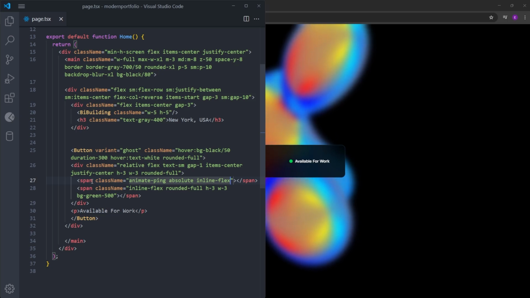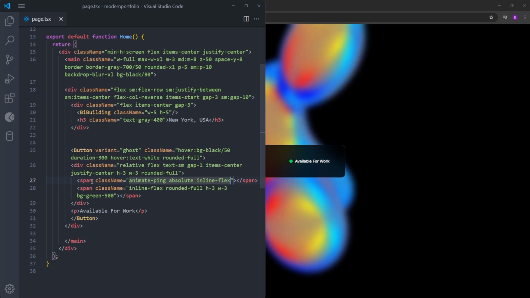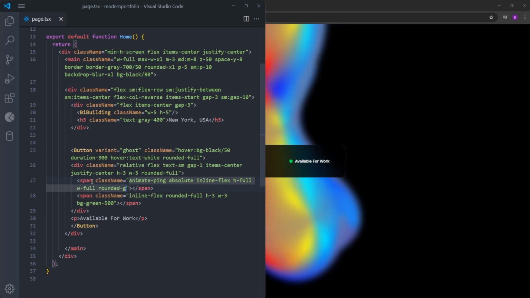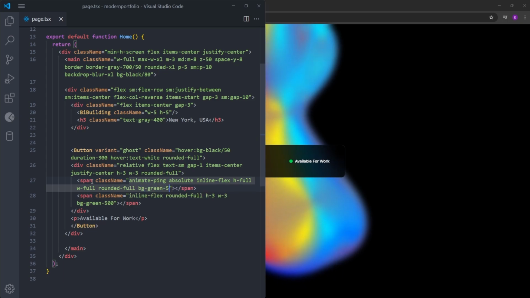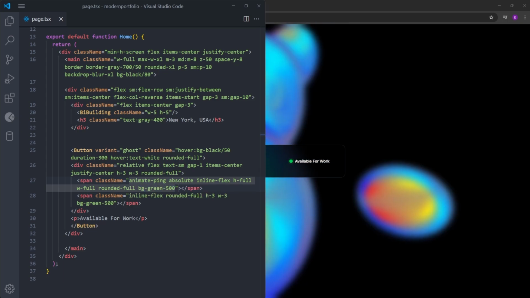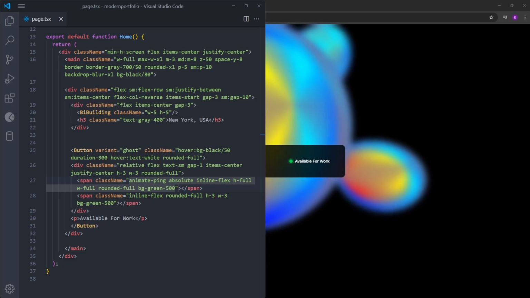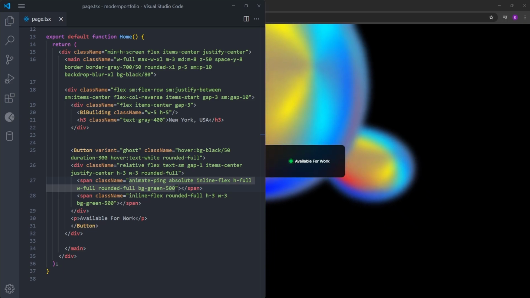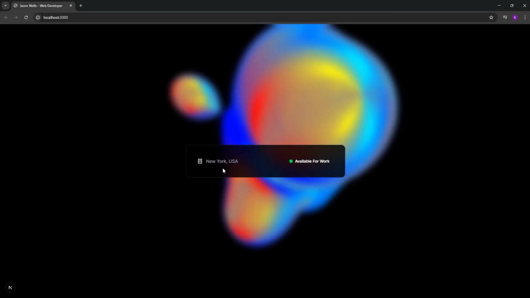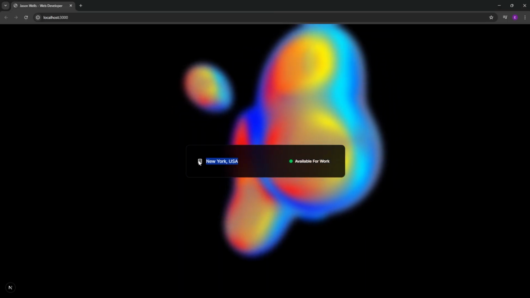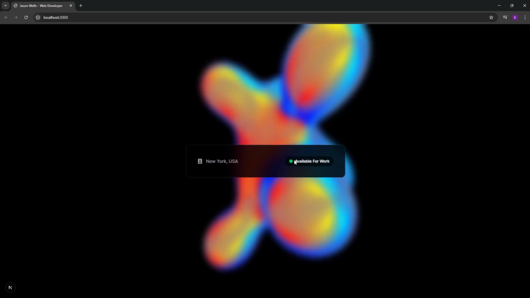It is going to be an inline flex element, height full and width full. It is going to be a circle again, and we're going to set the background to 500 green. And as you can see in the background, we have this little green dot that pings, and it looks really cool. So right now we have this building icon and this text on the left and this ping and text